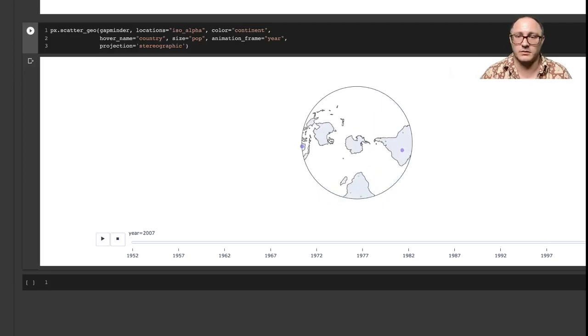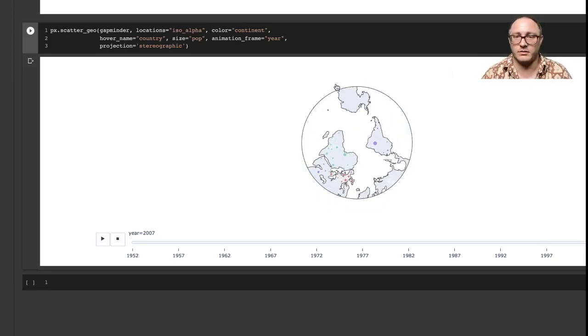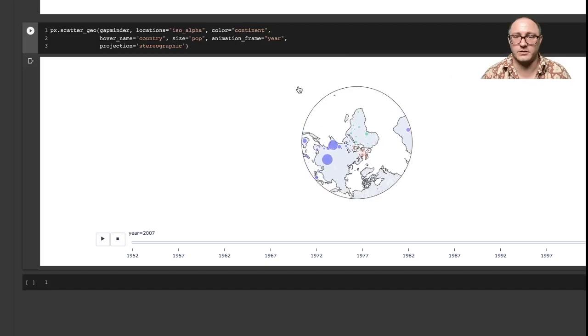I want to move it. This is what I want. There. Stay there. No, stay there. There. There we go. So now you can see, for example, you can see Africa, you can see parts of Asia, as well as North America in here, and you can see it growing as well. And